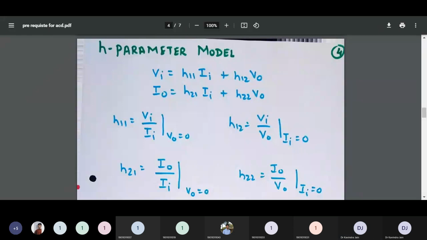Yes, sir. Beta, normally we use Ohm's law. What is Ohm's law, beta? I is equal to V by R. V is equal to IR or I is equal to V by R. Right? So basically R is equal to V upon I. Yes, sir. R means resistance. What is the inverse of resistance? G. Yes, that is admittance. Right? So Io upon Vo would be output admittance. Output admittance. Okay?